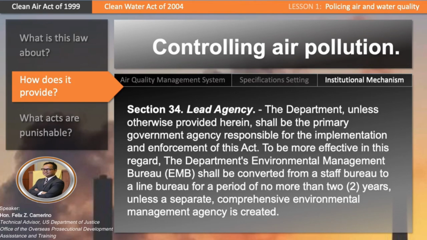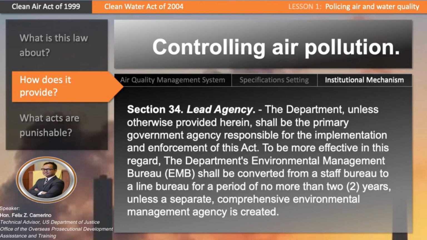Although there's a duration for that designation as a line bureau, the purpose, of course, is so that EMB, the Environmental Management Bureau, is empowered, or essentially becomes the agent, if you will, of DENR, being the lead agency. So the EMB would be the bureau under DENR that would be responsible for implementing this